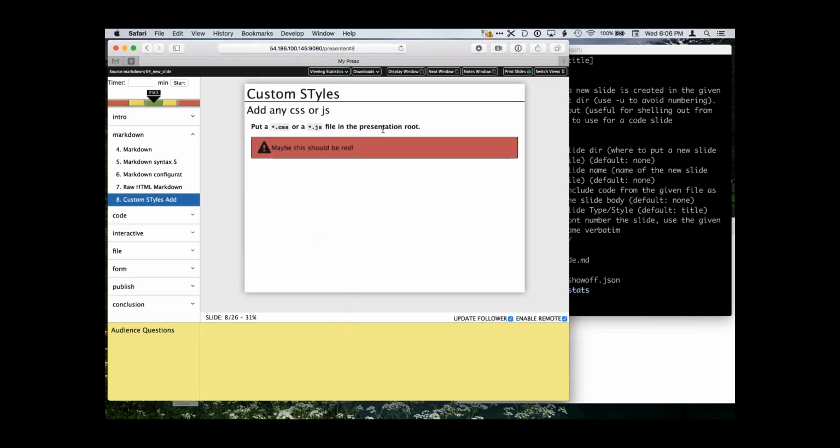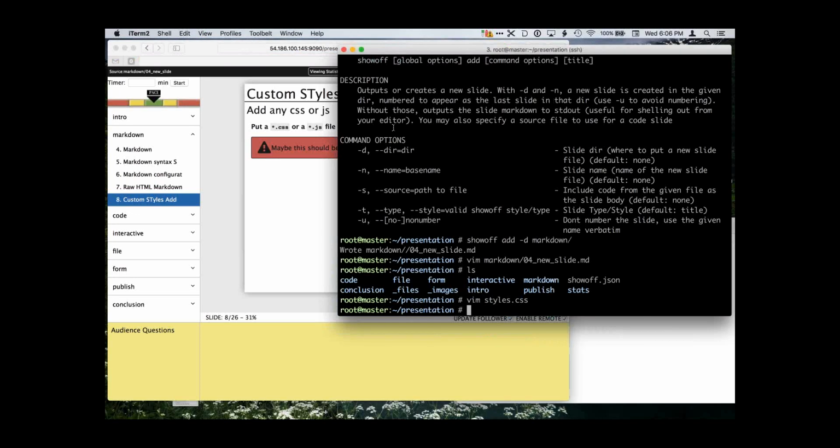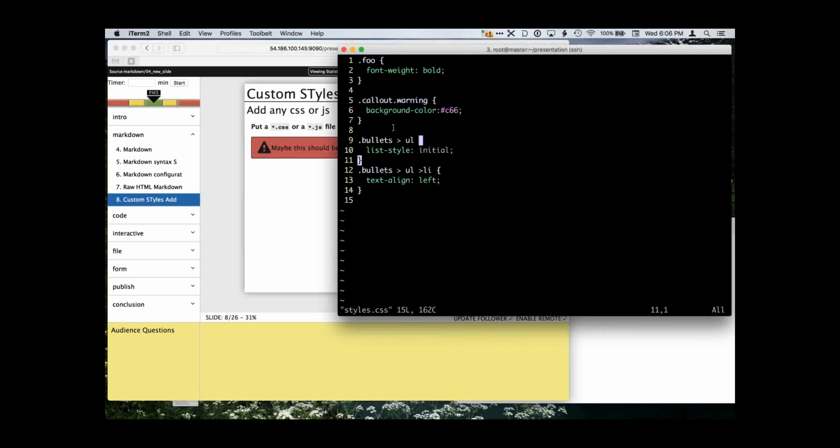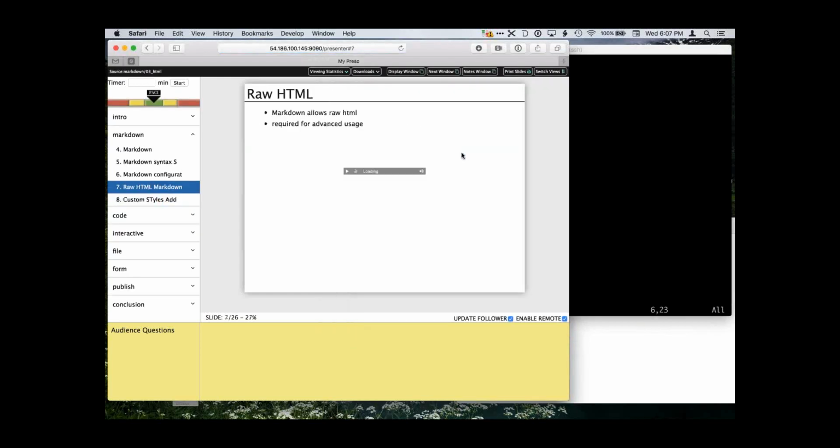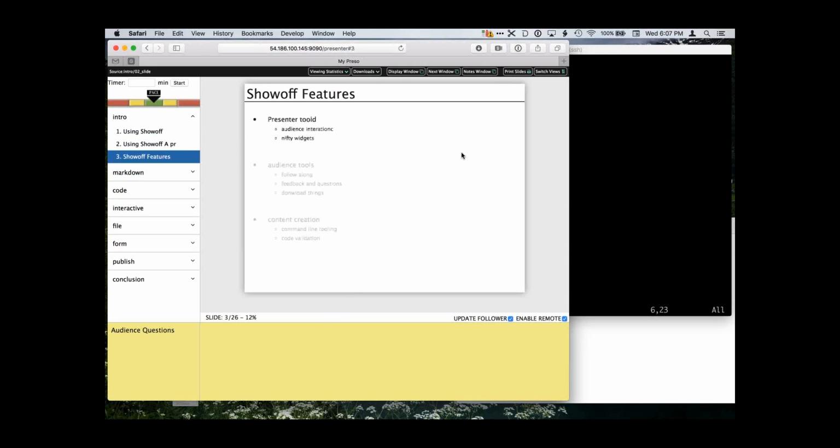Now, if you noticed, I just hit reload. That is now bold. This is now red. I can change the color if we decide that that's not quite the right color of red that we wanted to use. Let's see. DB, that'll be a little different. Change that, and I can reload again, and it'll drastically change. I can go back over here, and now you see that my bullets are left aligned, and they've got the top level bullets back just the way I wanted it.